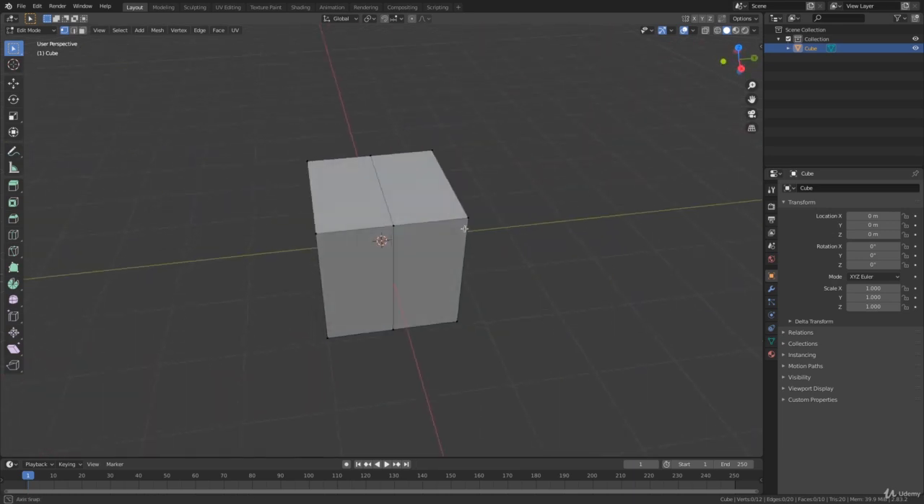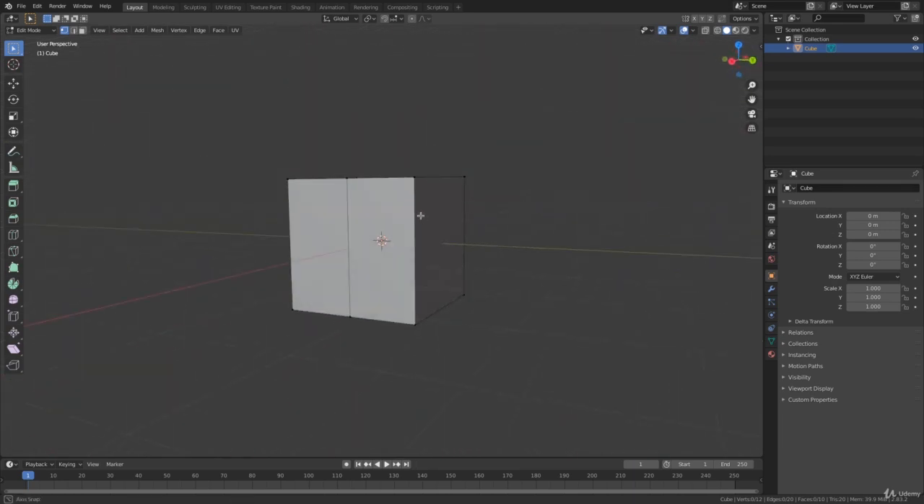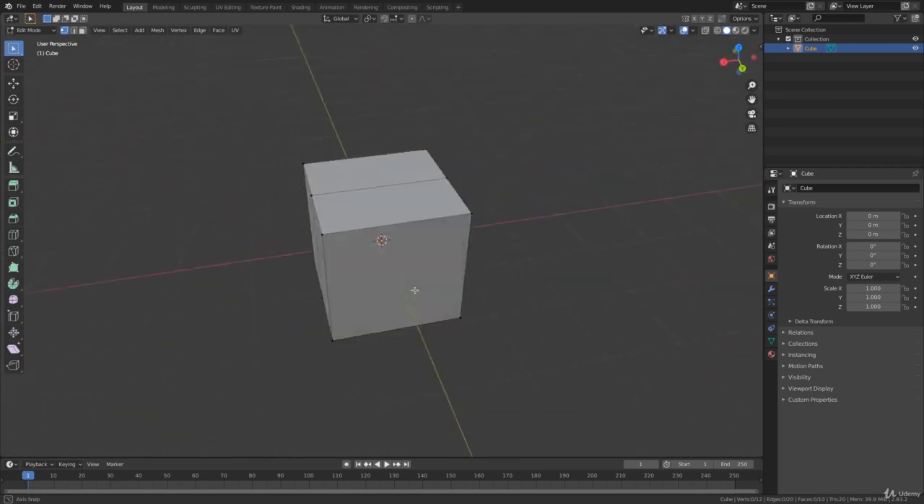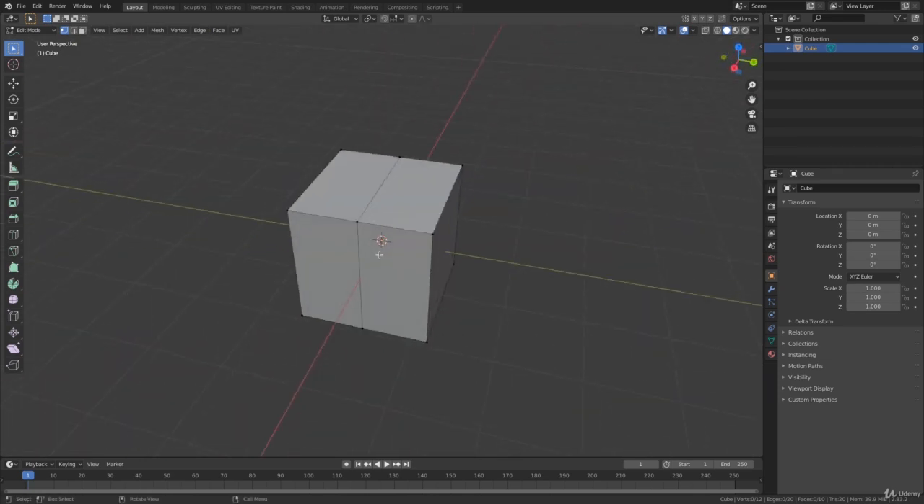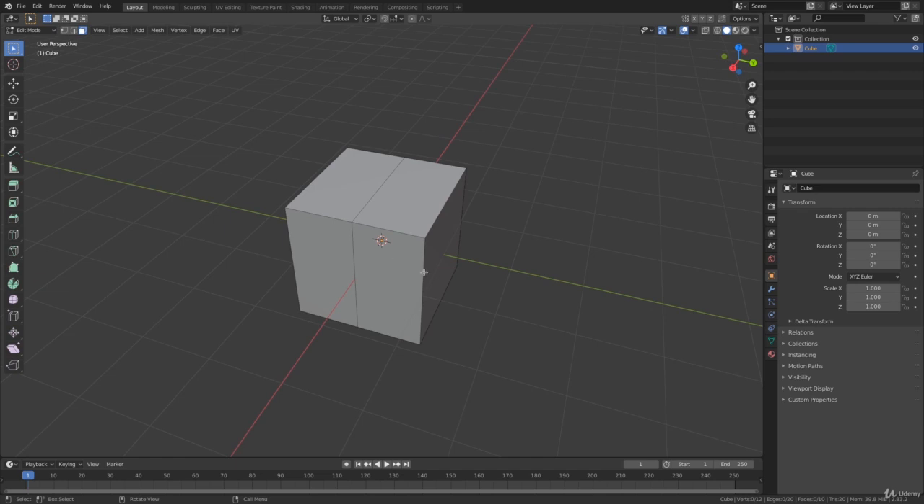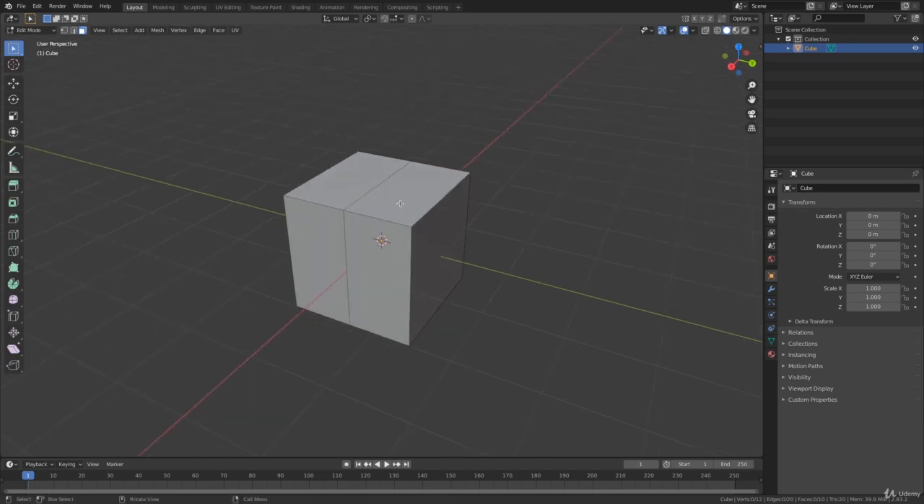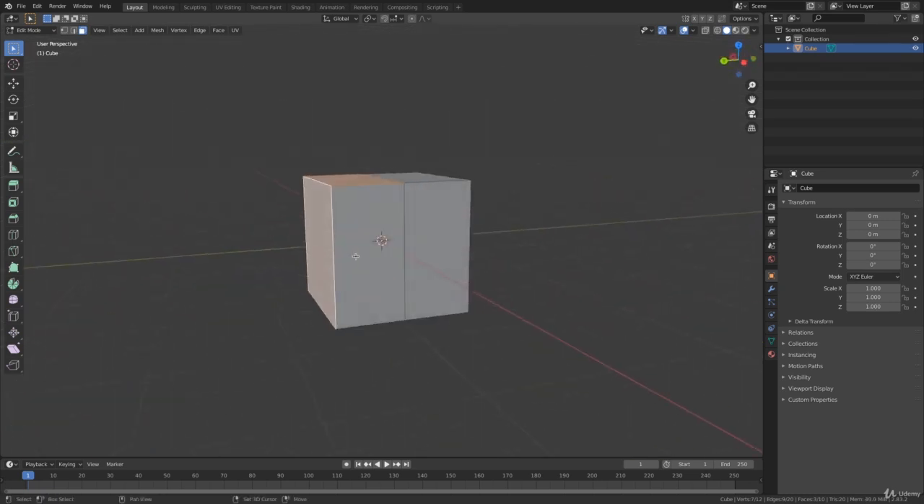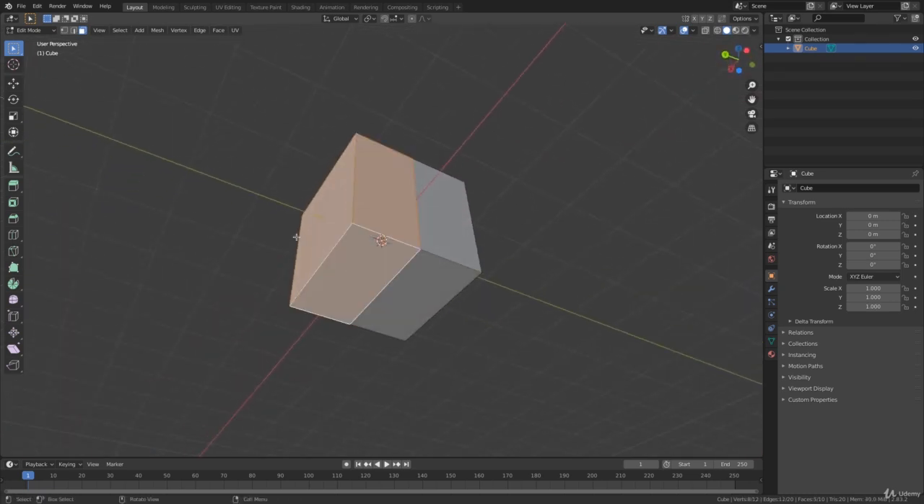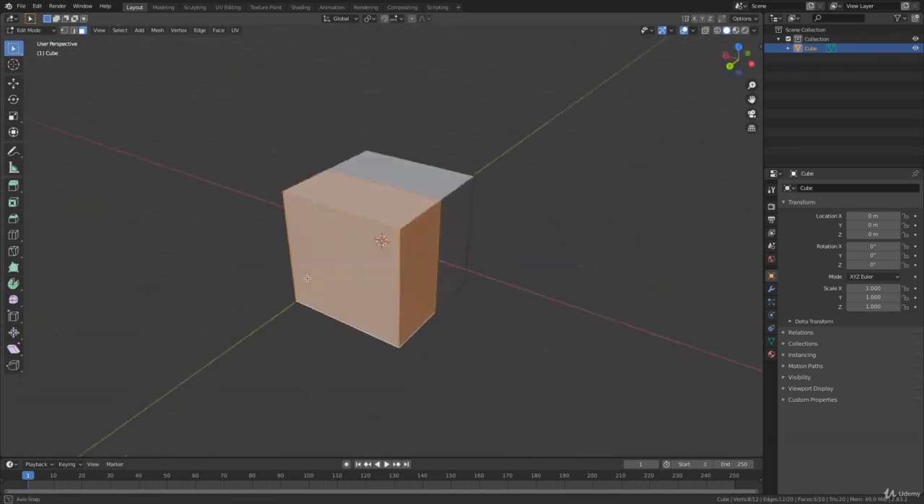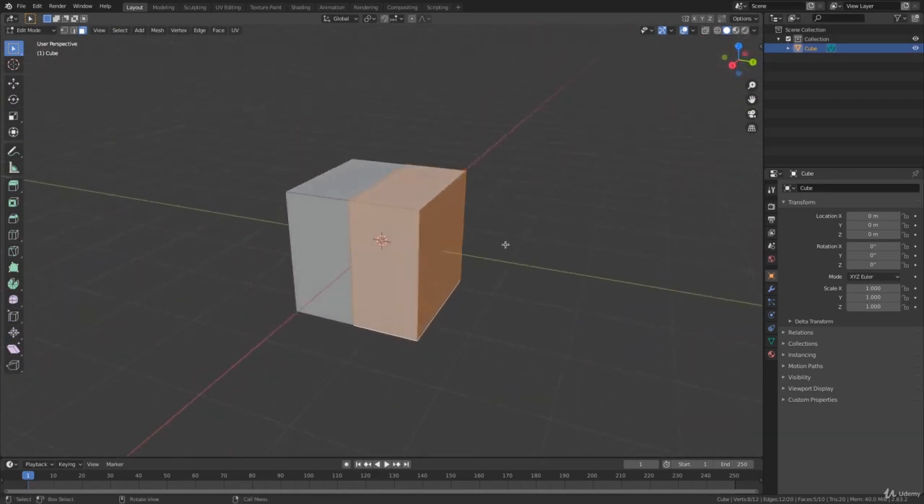So now you can see we have a cube that's got this line going through the center, so we can now easily remove this one side. I'm going to make sure I'm in face select mode, so pressing 3 on the keyboard, and I'm going to click and hold shift, and I'm just going to select all these faces on this side, also at the bottom. So all of those faces are selected, and then I'm going to press X on the keyboard to